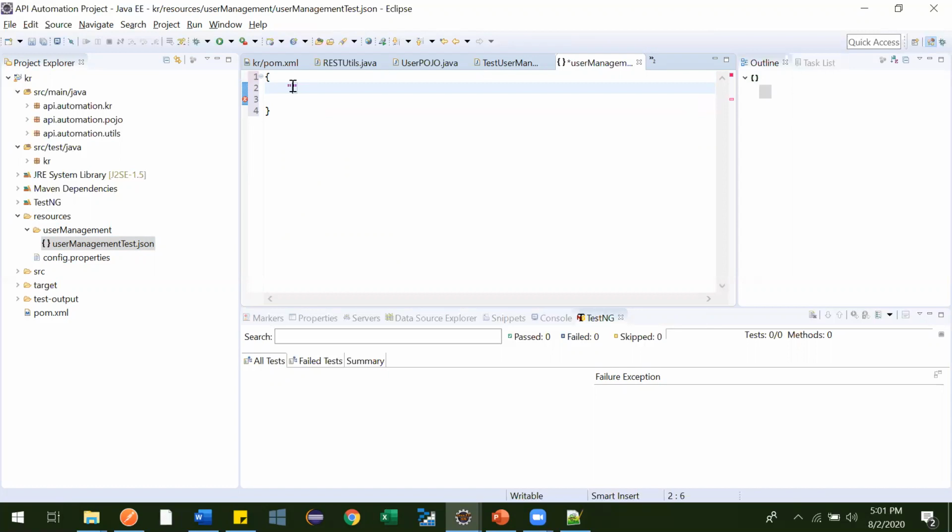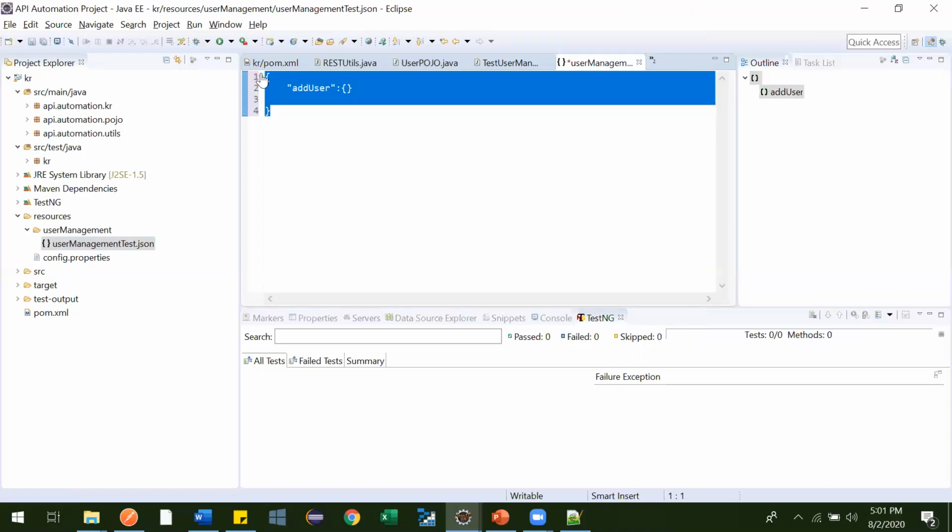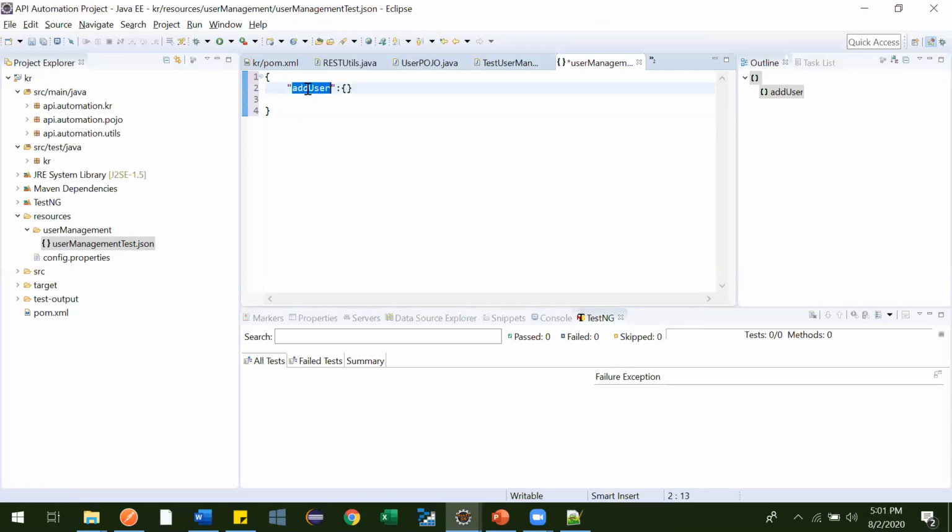Let me add it for create or add user. Add user, and give one colon sign. This is the JSON object, so in this JSON we will be storing values in the form of key value pairs.